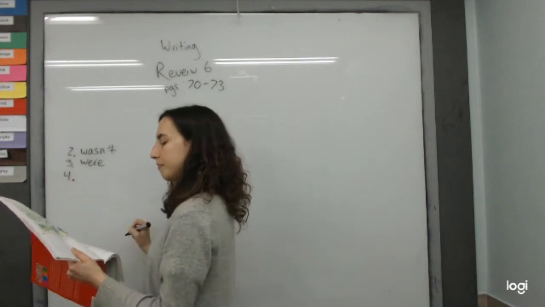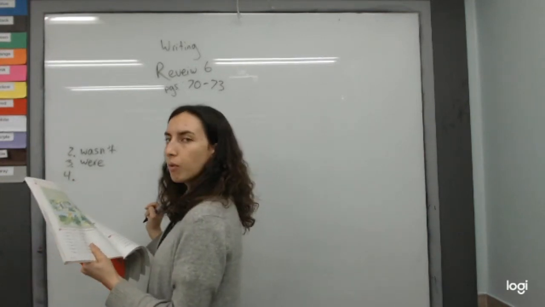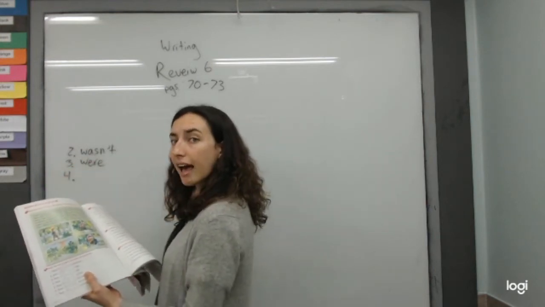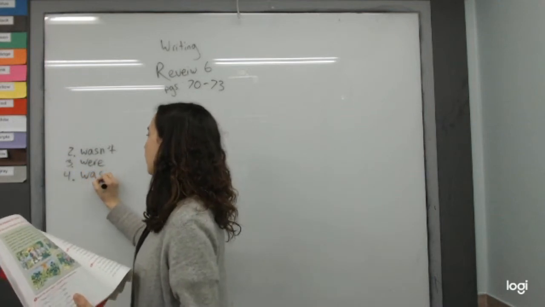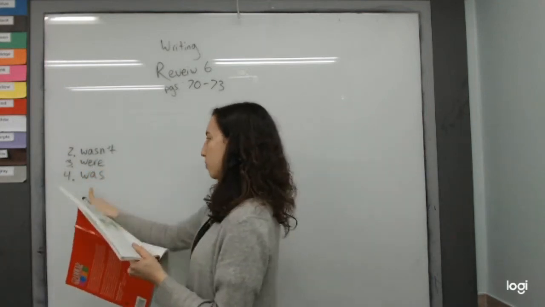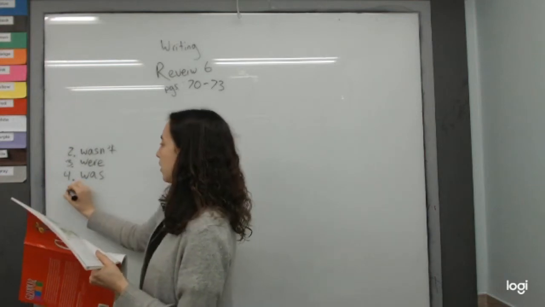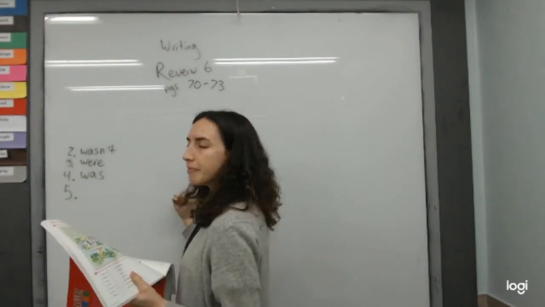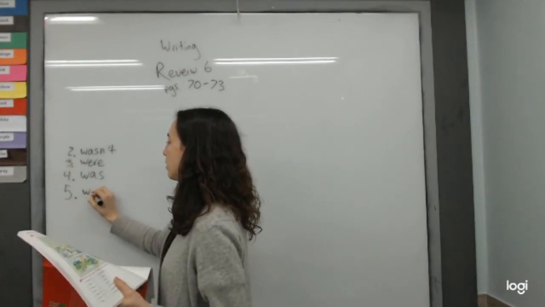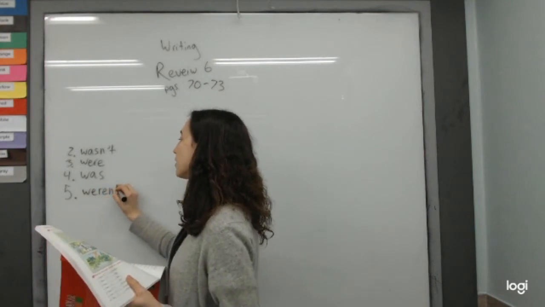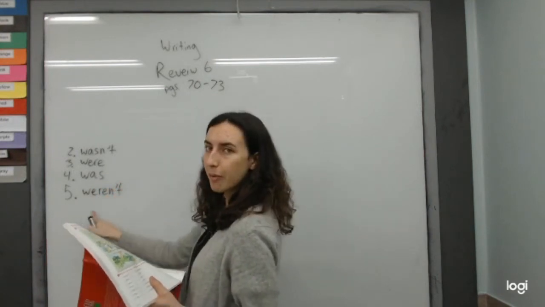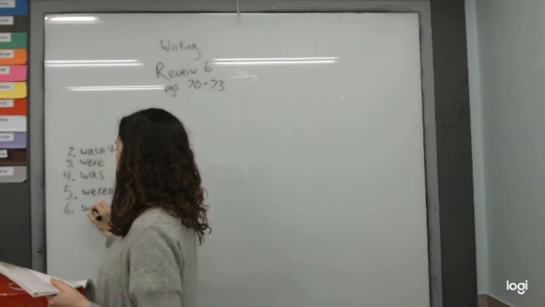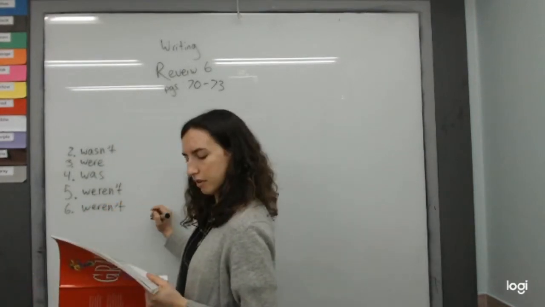Number 4, a river. Was there a river in the story? This one, we can see the answer in the picture. Yes, there was a river in the story. And river is 1, so we say was. Next, number 5, houses. Any houses in the story? No, there were not houses. And it says houses, so many, so we say weren't, not wasn't, okay? Next one, same thing, there weren't any people.